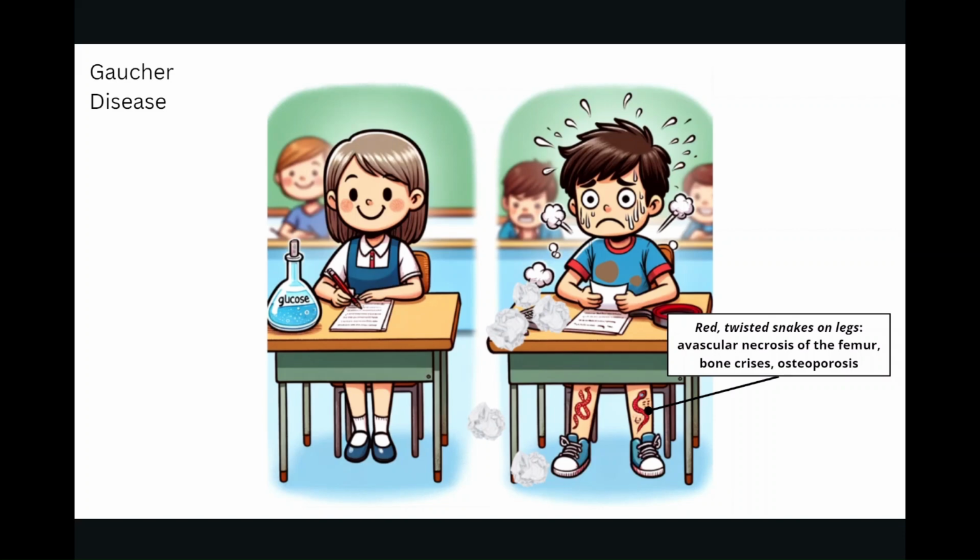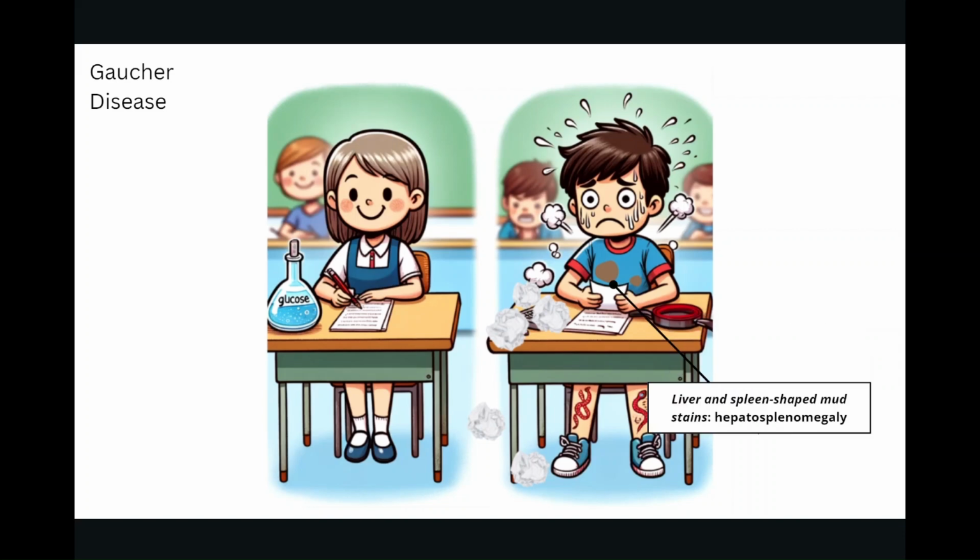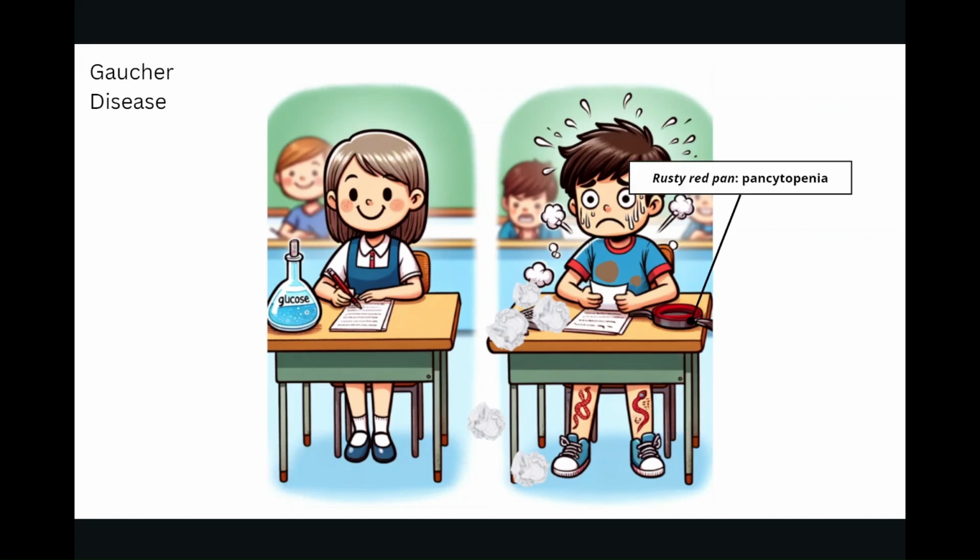a question stem. Gil also looks like he just got out of a mud fight during recess, with large liver and spleen-shaped mud stains on his shirt. This signifies the hepatosplenomegaly that occurs in this disease. We also see a rusty red pan on Gil's desk, representing the pancytopenia that can occur due to splenic sequestration